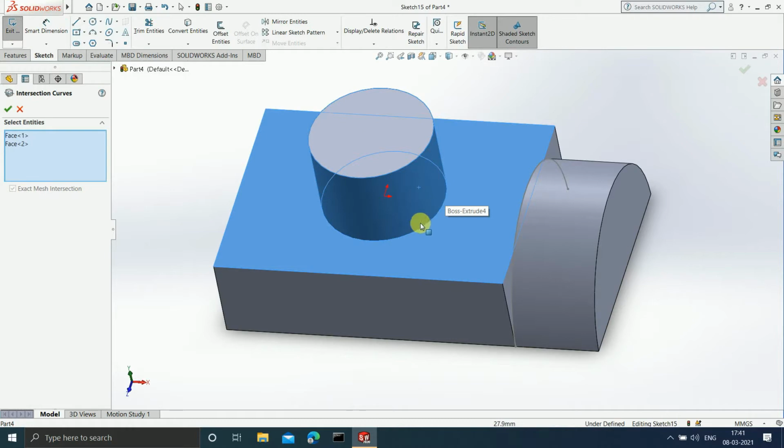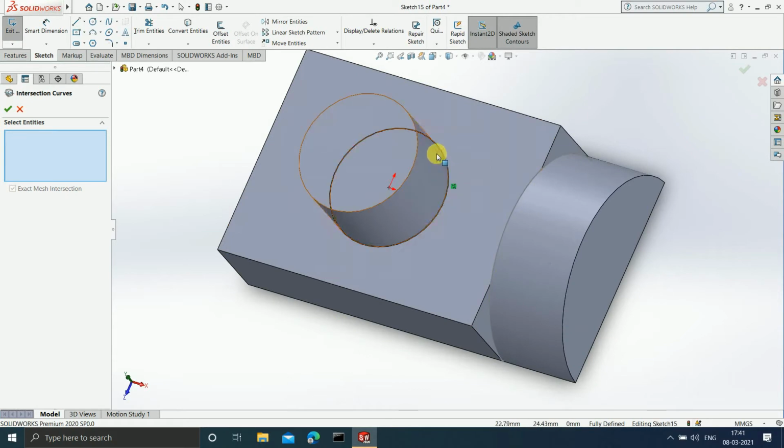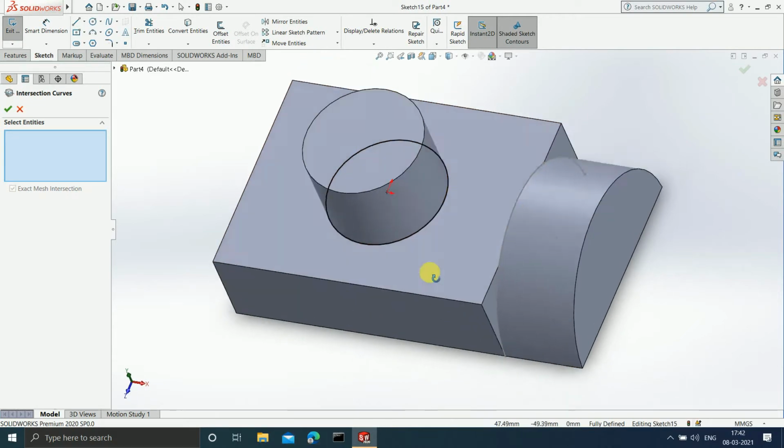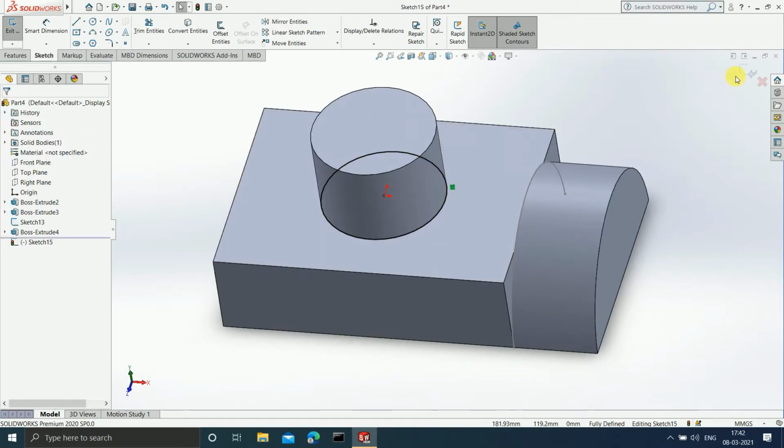As soon as I click on OK, you get an intersection curve in the form of a circle. Can you see this black color? This is how you can make use of the intersection curve: wherever the 3D models intersect with each other, you will get a curve there. Now you can click on exit.